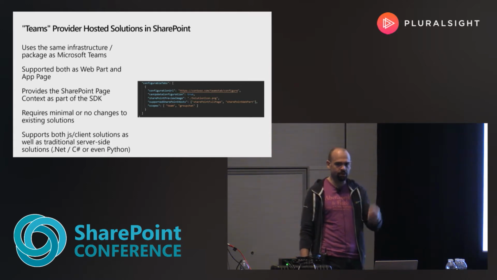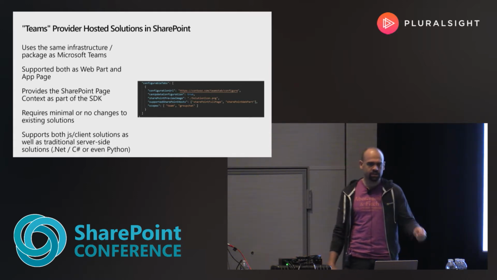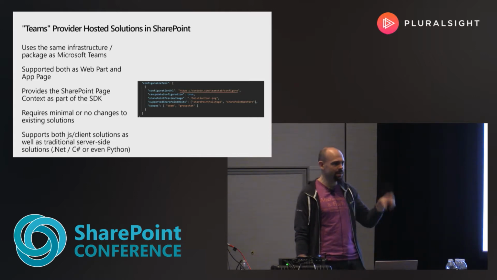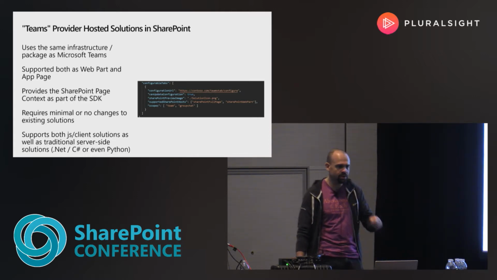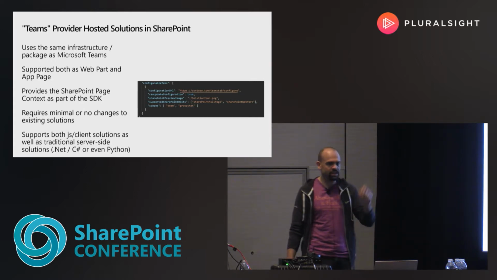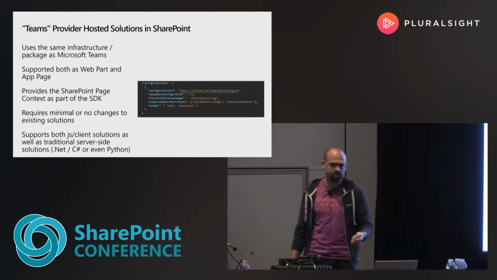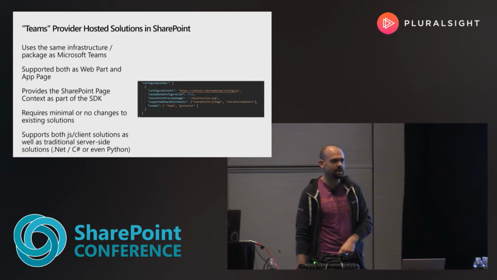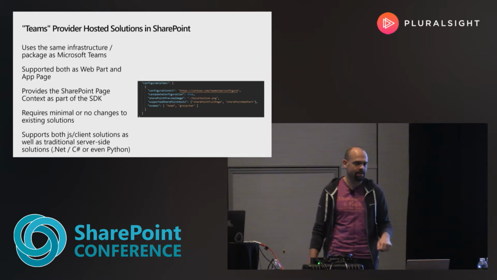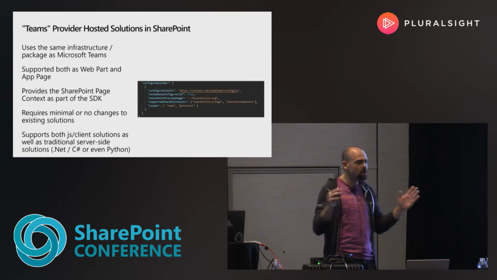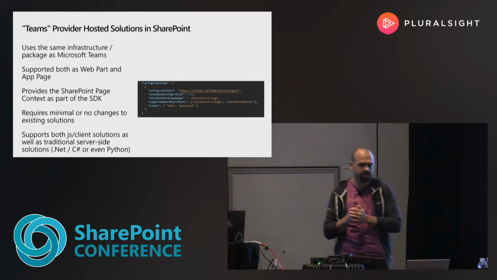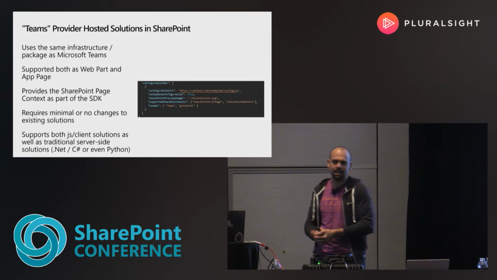So for example, if your solution exists today, and your solution doesn't have any limits on which components can iframe your solution through content security policy, your solution already works. We did work in order to understand the Microsoft Teams manifest. You take the Microsoft Teams manifest, you deploy that in our SharePoint app catalog, and your solution is available. If you made no changes to the Microsoft Teams manifest, your solution will only be available as an app page